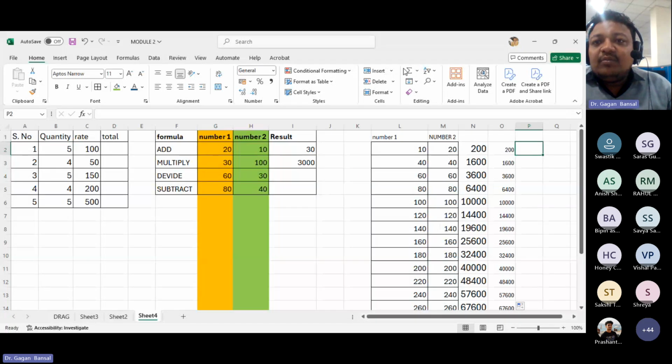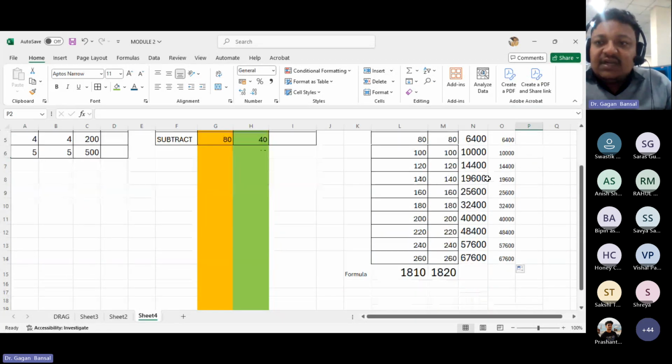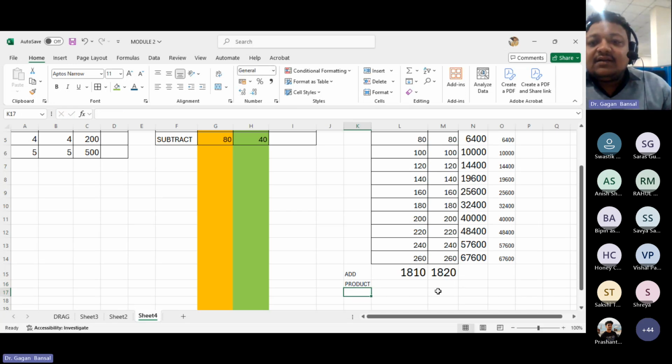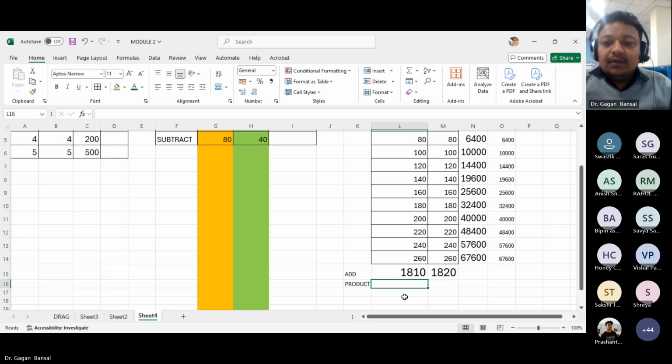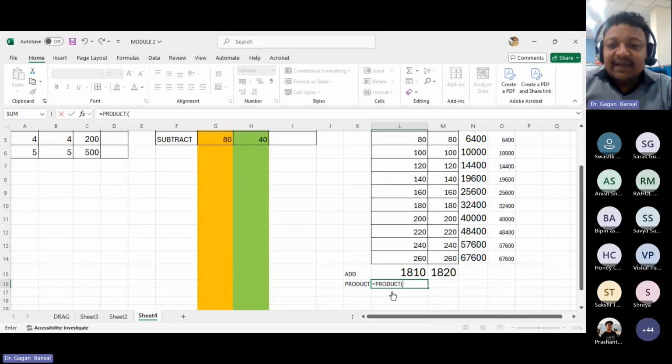अगेन एडिटिंग टूल बार में इक्वल टू, यहाँ पे देखिए मोर फंक्शंस में आएंगे, वहां पे आप कर सकते हैं। ये तो हमने जो लिखा था ये तो ऐड का था, ठीक है। प्रोडक्ट के लिए जब करते हैं तो क्या करते हैं? इक्वल टू PRO, जैसे ही आप PRO लिखेंगे ये अपने आप दिखाने लगता है, ठीक है।